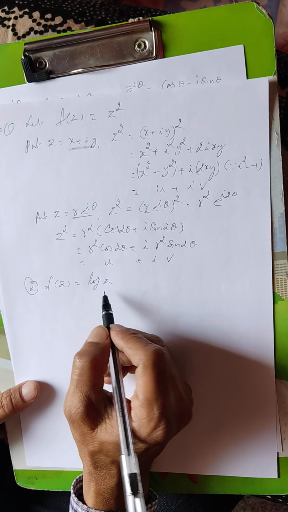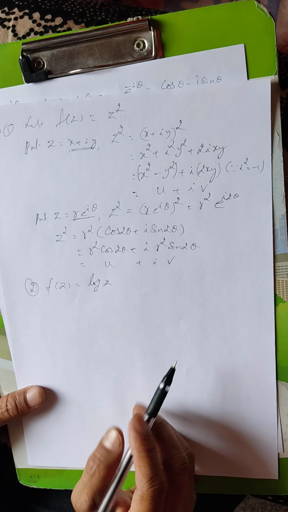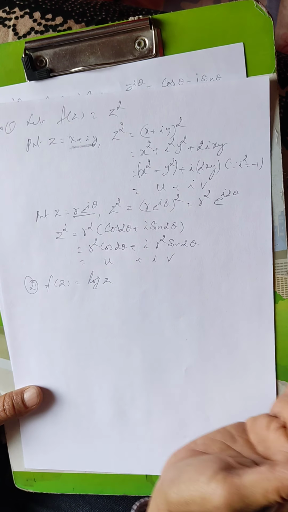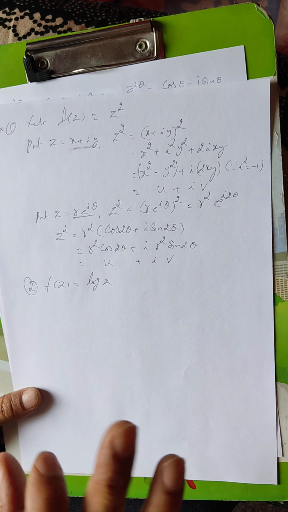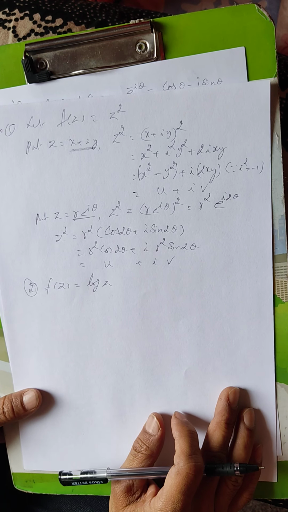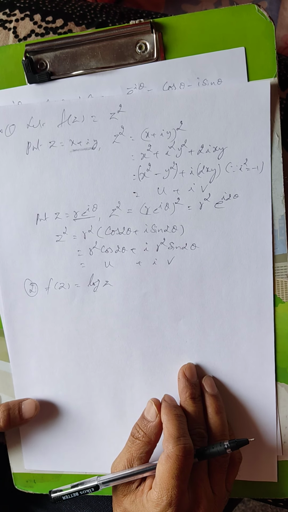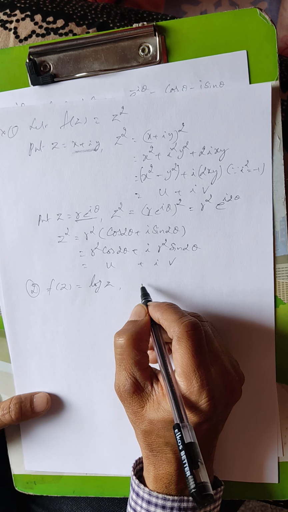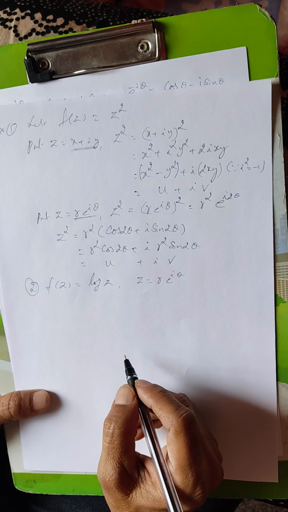So since the RHS is log z here, by substituting z is equal to x plus iy, we will get log of x plus iy, where you cannot separate the real and imaginary parts, because log of m plus n we can't write as log m plus log n. If it is log mn, the product mn, then it can be written as log m plus log n. So here it is convenient to take z is equal to r e power i theta.